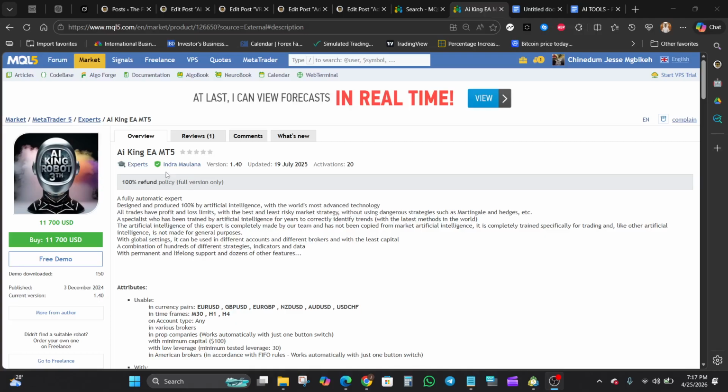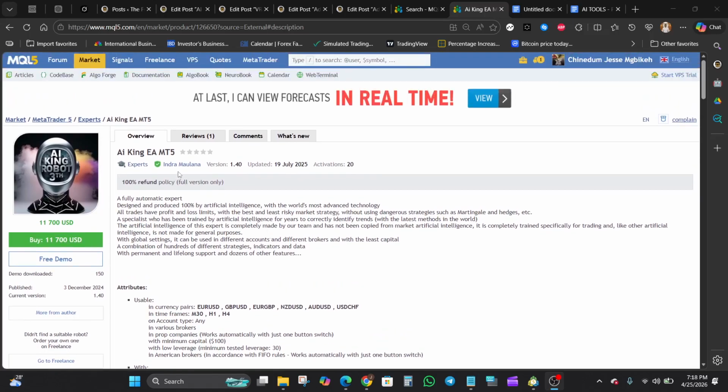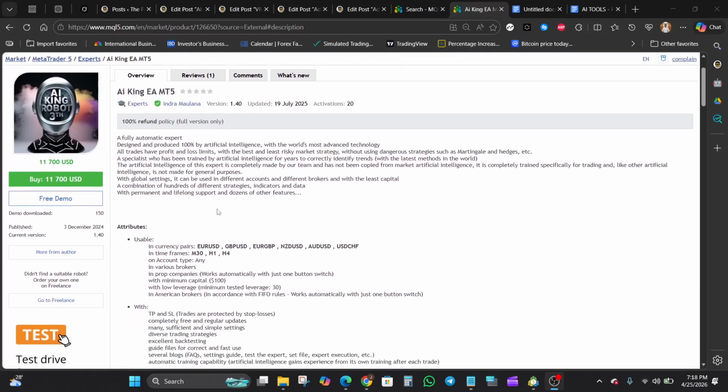Now this EA is available for both MT4 and MT5, and we can see that it's developed by Indra Maulana. Okay, straight away you can see that the EA is one of the more expensive EAs out there, priced at over $11,000, precisely 11,700 US dollars, which already puts it in a very different category compared to most